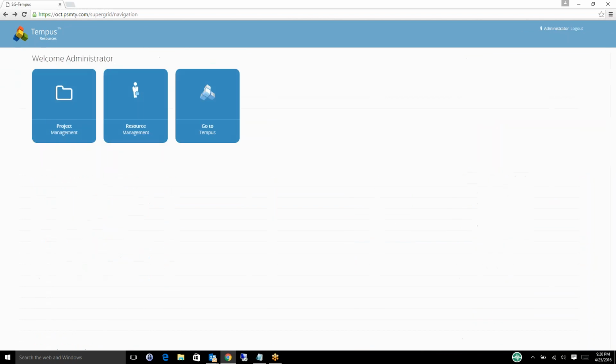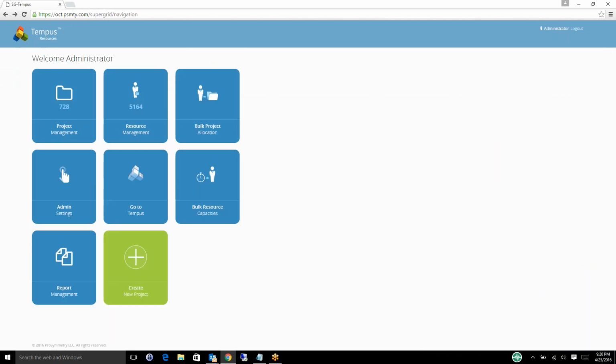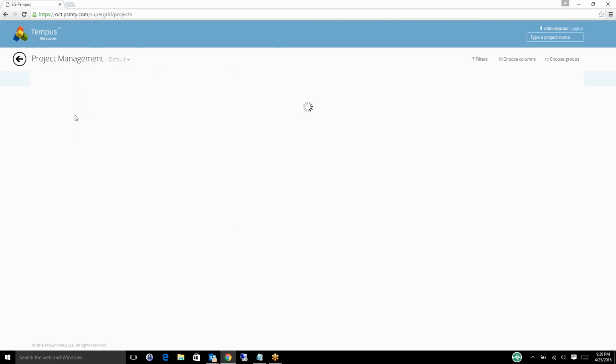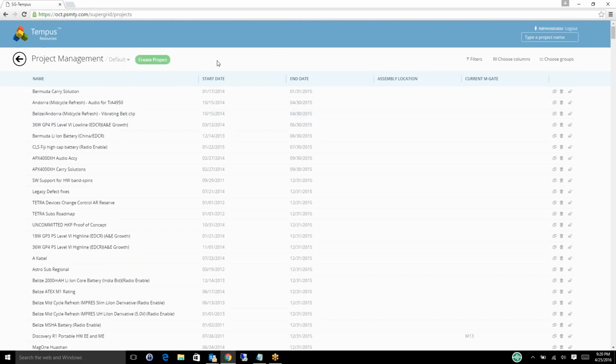Now if we head back to our home page, the next place I want to take you to is the project management tile. Now this is going to have many of the same features as the resource management screen, meaning we can create our own views, we can group and sort and filter, we can search, we can add various columns, and of course we can create new projects and edit existing. So again, I'll just click on the name of that tile, and this is going to take me to a